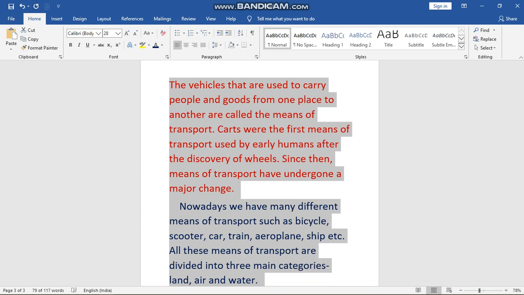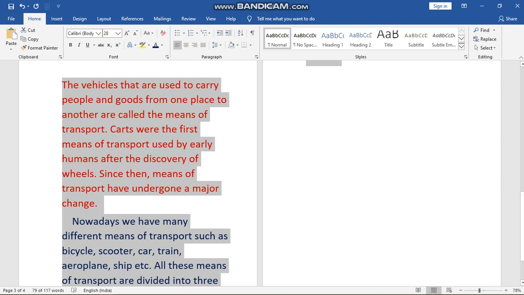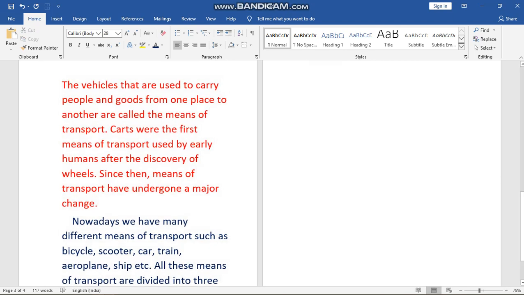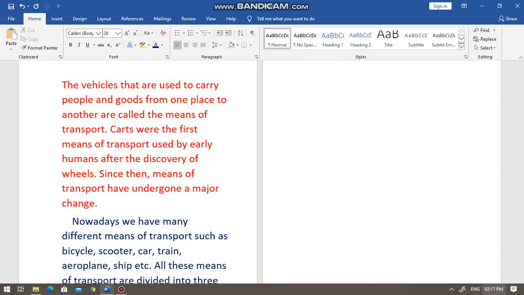Then I'll go to the home tab. You can see the home tab is already open. Here, just beside the numbering bulleting buttons, we have the decrease indent button and the increase indent button. As soon as I click on the increase indent button, you can see what happened. The difference between the margin and the paragraph increased. Okay, can you see that?